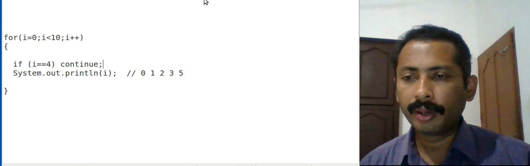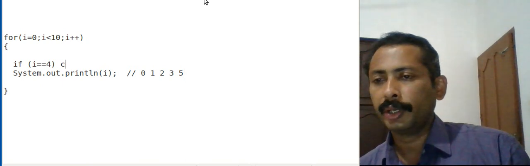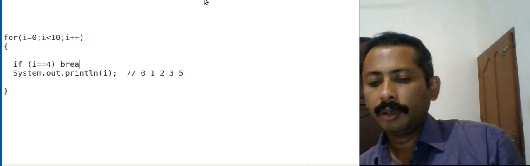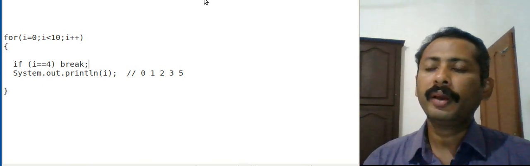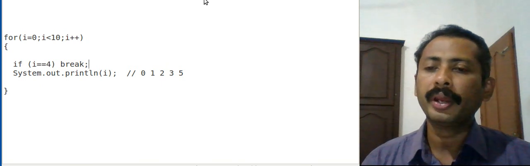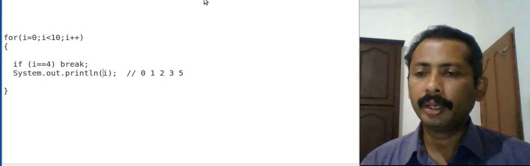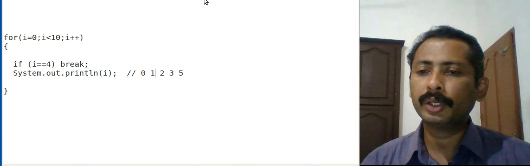And if I am giving a break instead of this continue, what happens is that even though the loop is from 0 to 10, we have given if i equal to 4, break. Then we will be getting the output like this: 0, 1, 2, 3.